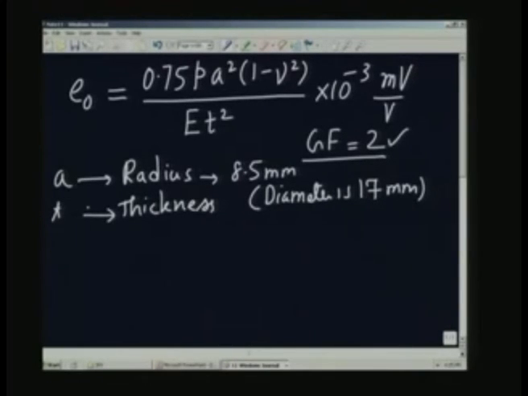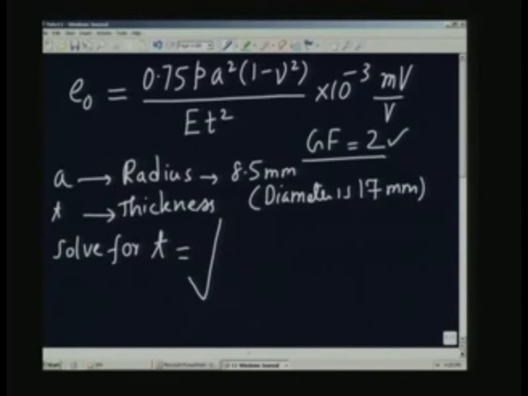So, I will take the radius as 8.5 millimeters, plug in the value of A here. This P is nothing but the maximum pressure which is 7 megapascals. So, all I have to do is to solve for T. So, for a 17 millimeter diameter diaphragm, we solve for T